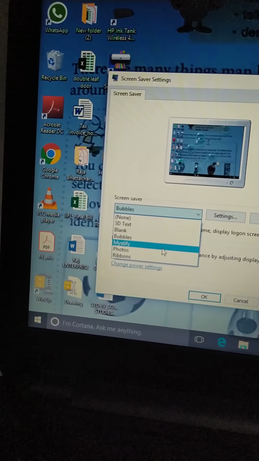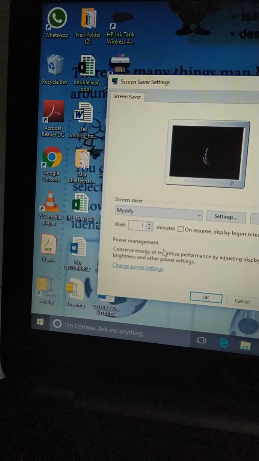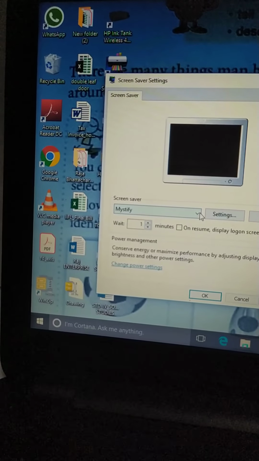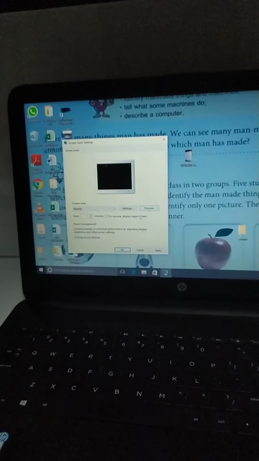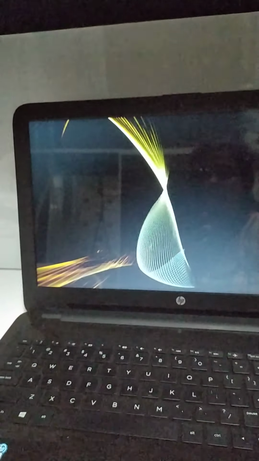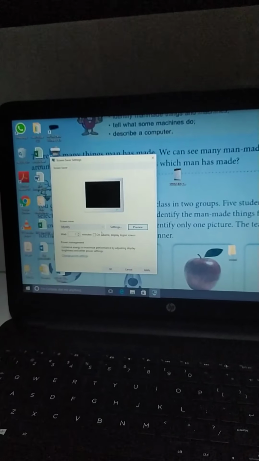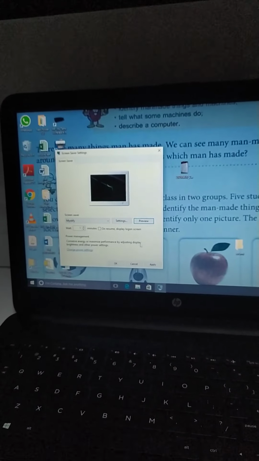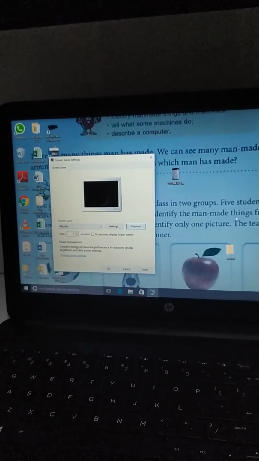Select any one from the options according to your choice. Preview it. See how it is coming. After selecting, click apply and it will be applied.